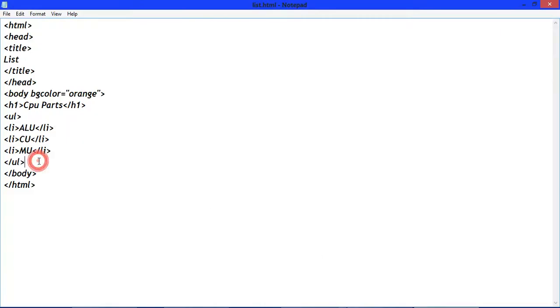Right here one more heading. Right here computer language.